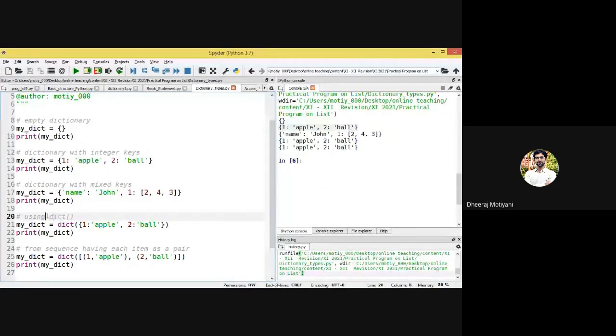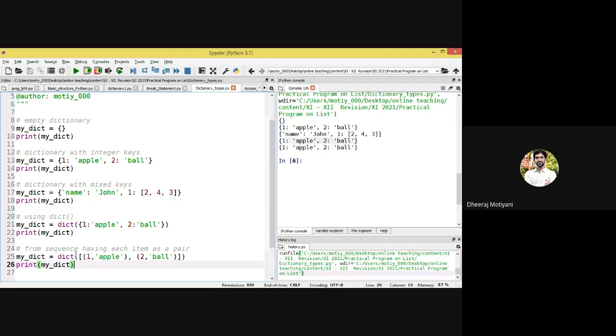using dict function. Okay, so it will do the same work as a normal dictionary where you are giving curly braces syntax. So you can pass that dictionary inside a dict function. So this is a dictionary function basically, which is a method which will take a dictionary. Okay, and it will print your dictionary here. So this is your fourth method.